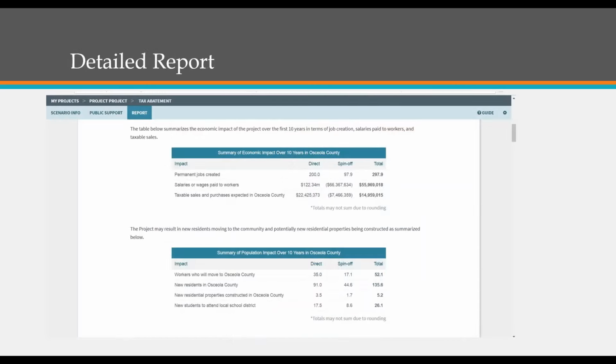And then there's also a detailed report that'll walk you through how they got to the direct impacts for the county. And if you keep scrolling, which I did print out, it does the same detail for the cities as well as the school board and the water management district. So the detailed report, there's also a print button, a nice report. You can print that out. Again, what we use most often is the summary report, just because it's a one-pager. And if you don't do this every day, it gives them exactly what they're looking for on the county administration level.